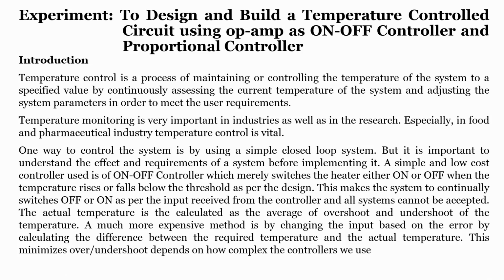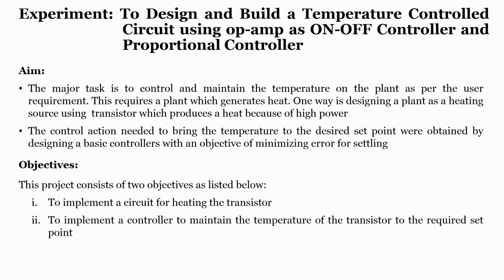When we look back at the complete aim and objectives, the main aim of the system is to bring the temperature to the desired set point. When I say 50 degrees, the plant has to always maintain a temperature of 50 degrees. When I say 100 degrees, the plant has to be operated at 100 degrees. It should always be controlled at a temperature of 100 degrees centigrade or at 50 degrees centigrade.